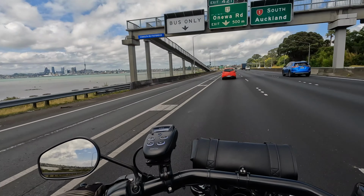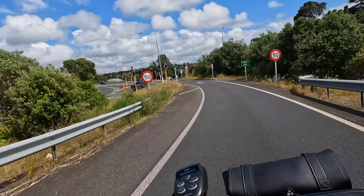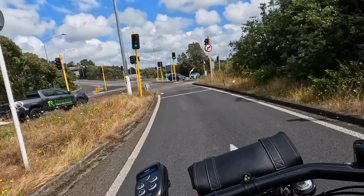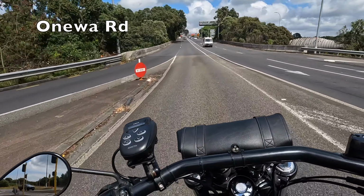There's a little bit of a fun off-ramp. It's got some pretty big loops in it. It does the same thing when you're heading onto the city coming from Northcote. As you can see, that vehicle heading up there to the right, they're going to have a nice long right-handed turn to get themselves onto State Highway 1 to get them over the bridge. Anyway, we're heading from the bridge,